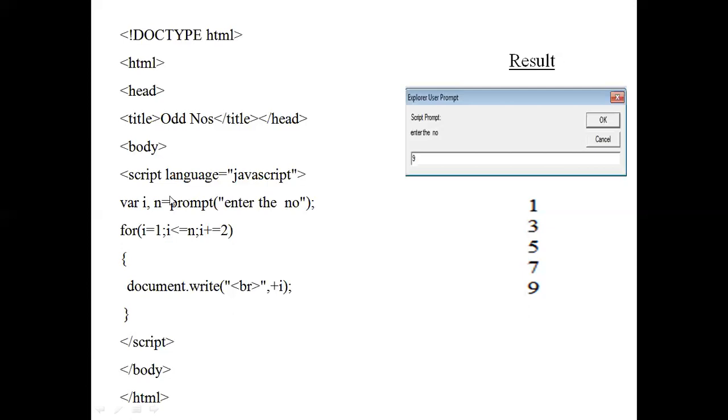Okay, so here I have given the same program using the prompt. I am not specifying the last number, only the initial value I am specifying. So like this, you have to alter your program depending upon the question you are told. If you are told generate the odd numbers till 10, that means you have to write the program like the earlier slide. And if you are told to generate the odd numbers till n, it is up to you. You have to take any value. Okay, so program will be written like this.